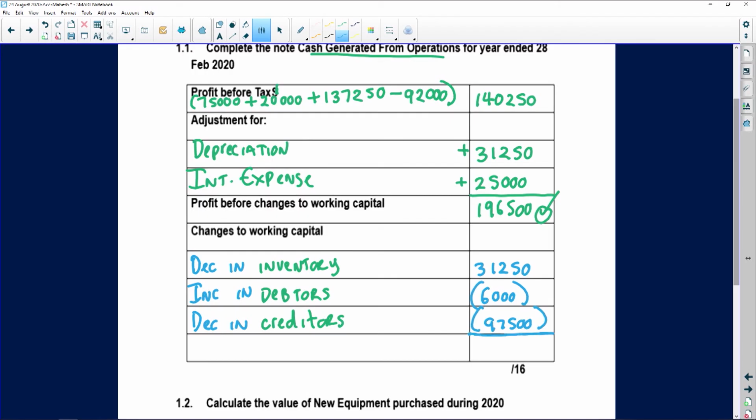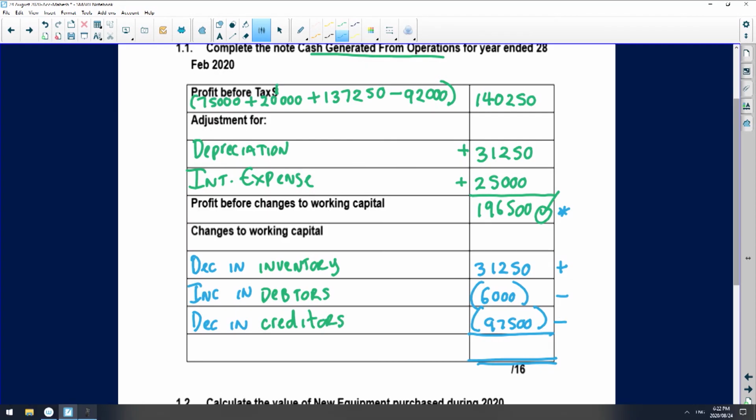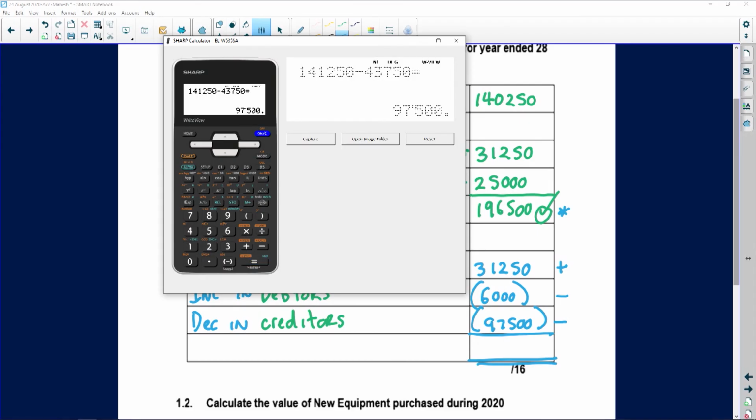Let's now calculate finally my cash generated from operations that I'm going to take to the cash flow statement. Okay, so all I'm doing is profit before changes to working capital, right? I'm then going to add my decrease in inventory. I'm going to minus the increase in debtors. I'm going to also minus the decrease in creditors. So let's do that quickly on our calculator. Going to quickly clear that. So an amount of